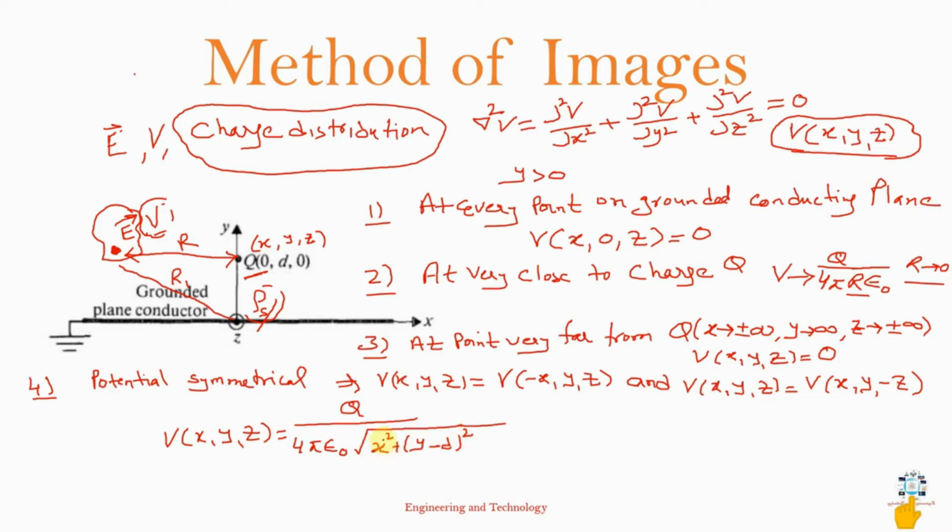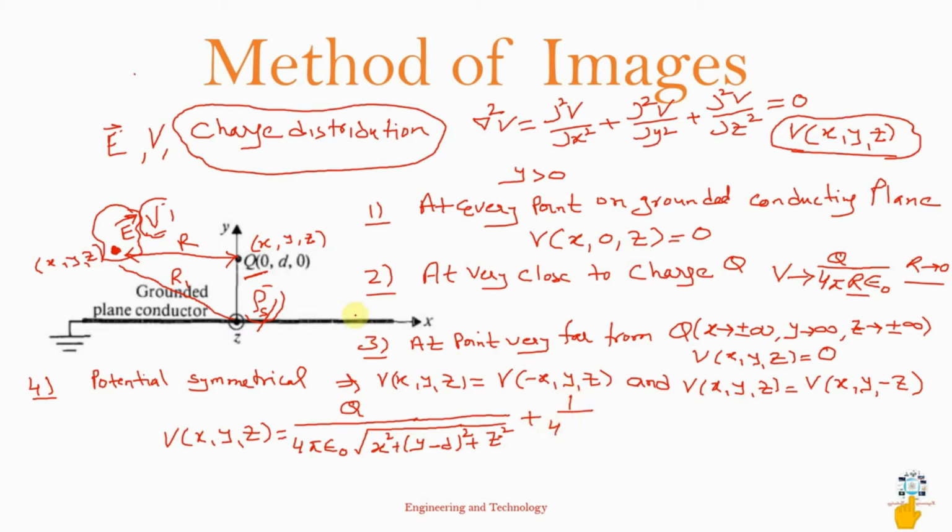Okay, so this is the coordinate system, let us say xyz, where we want to find out the potential. So x minus 0 square, so x square, y minus d square, plus z minus 0 square, z square. This is the potential due to this charge, plus